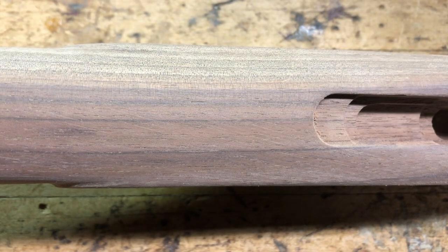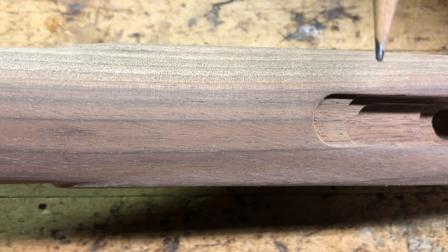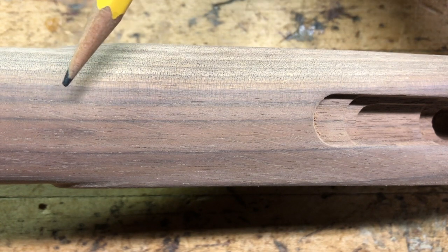All right, something I wanted to show you. This is the bottom of the stock. This is where that trigger plate goes. Something I'm noticing with the 220 grit sandpaper is if there's a spot that wasn't smoothed out enough by the 150. So let's say we hit it with the 60, and then we hit it with the 150, or even if we did the 150 but not going along the grain but across the grain or at an angle,